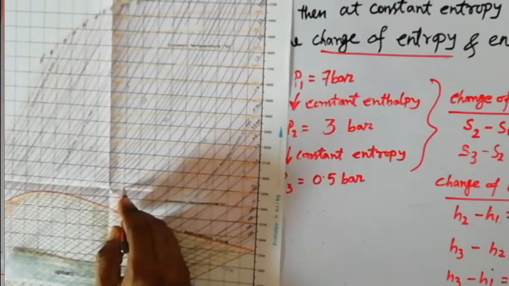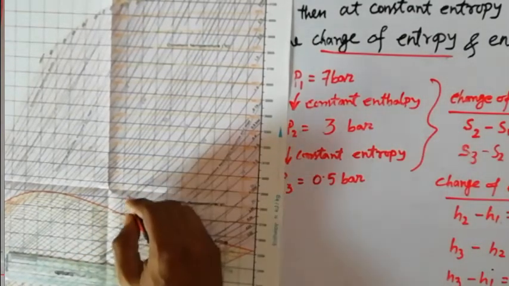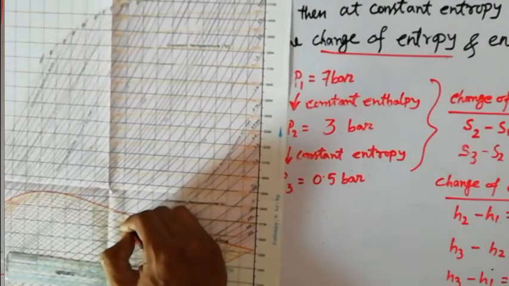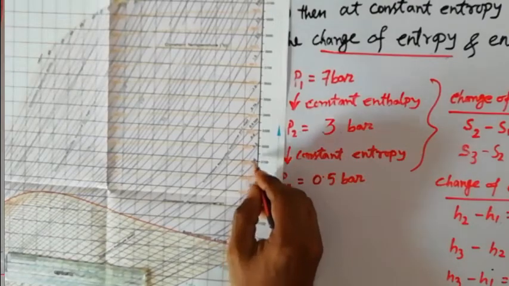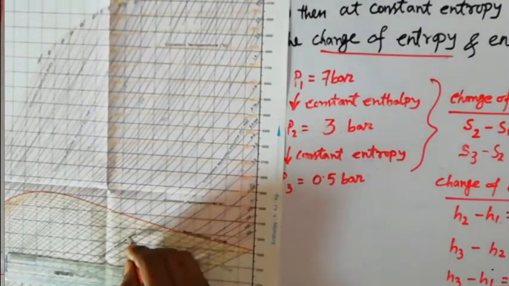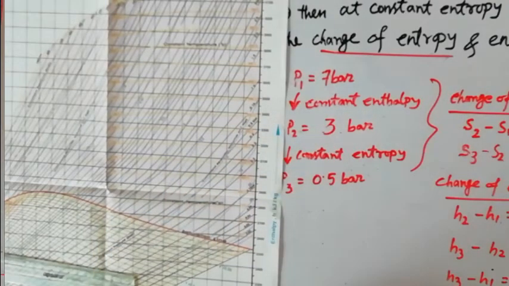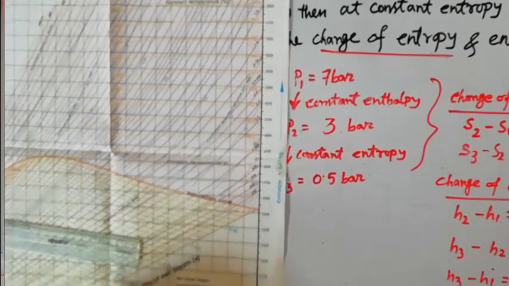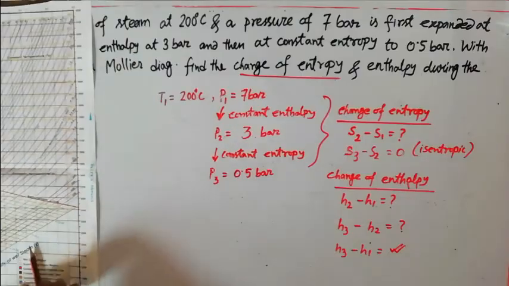After moving horizontally, you have to move to state point 3, which is the constant entropy process. So you have to pull a vertical projection line up to the 0.5 pressure line. You can find the 0.5 pressure line easily over here. From there to here you pull a vertical projection line, because it is a constant entropy line, and the horizontal axis is nothing but the entropy. That way you can find these three points.